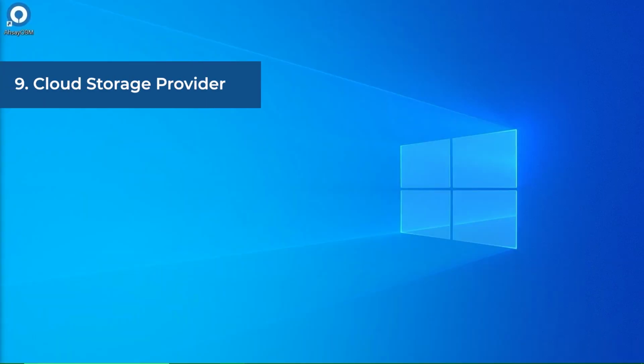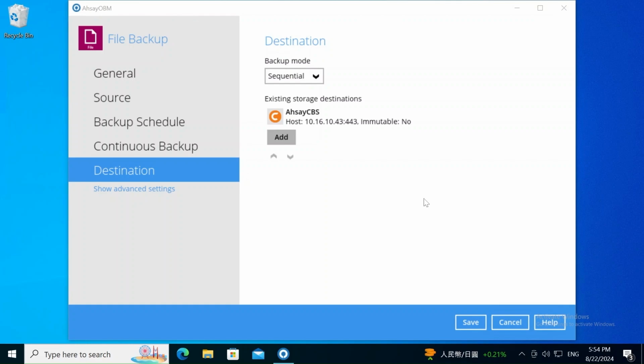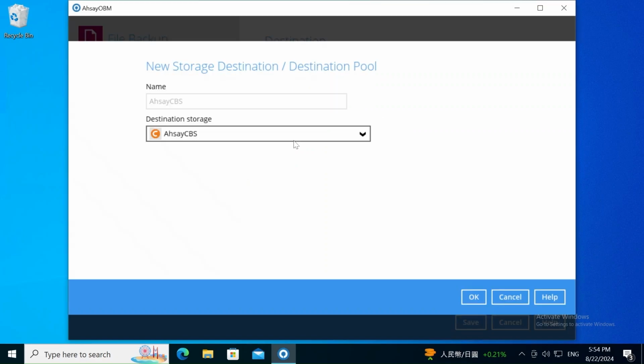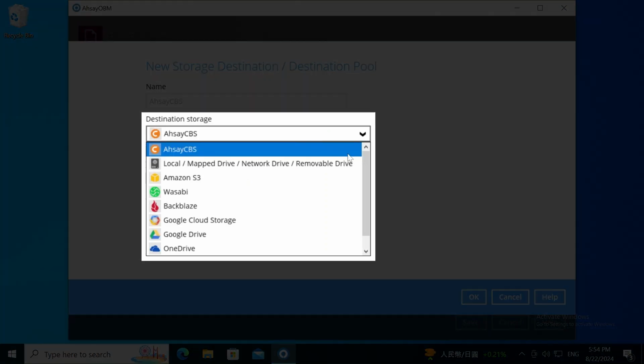9. Cloud storage provider. Check on the cloud storage provider's setup as the backup destination. AhsayCBS supports backup to all major cloud storage providers such as Amazon S3, Microsoft Azure, Google Cloud Storage, Dropbox, OneDrive, OneDrive for Business, Rackspace, FTP or SFTP server, AWS compatible cloud storage, and